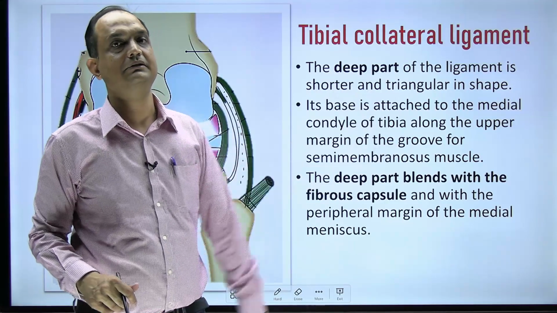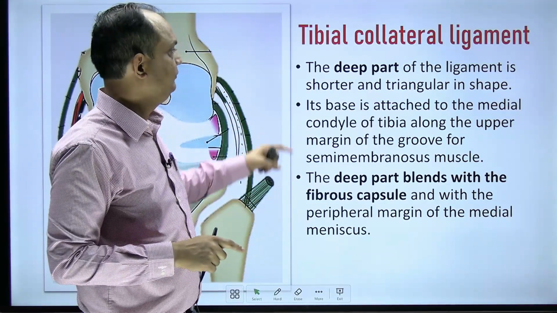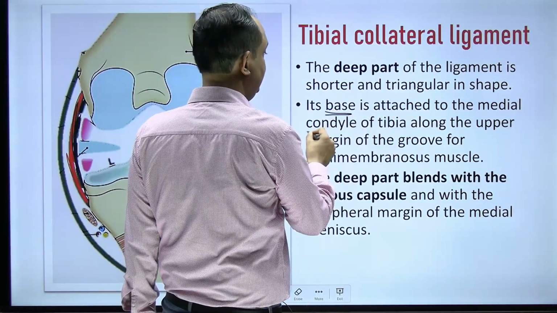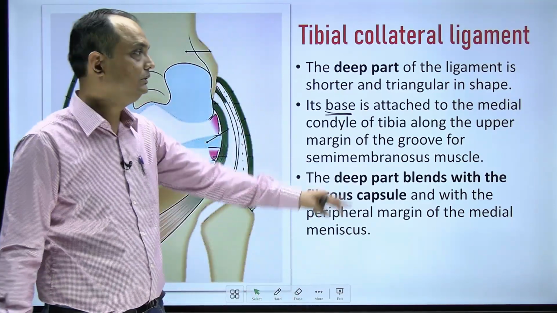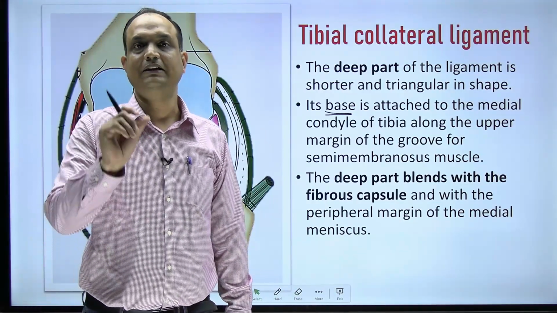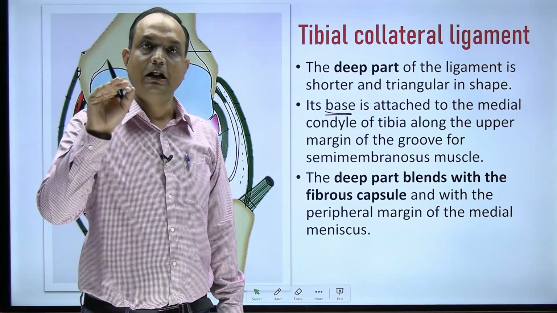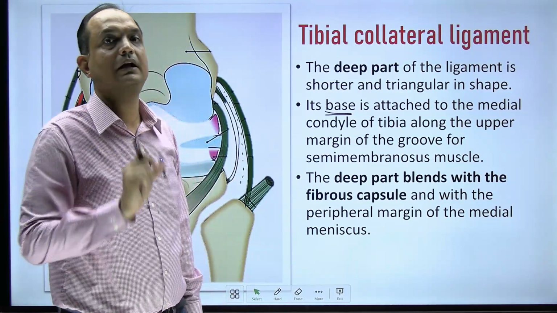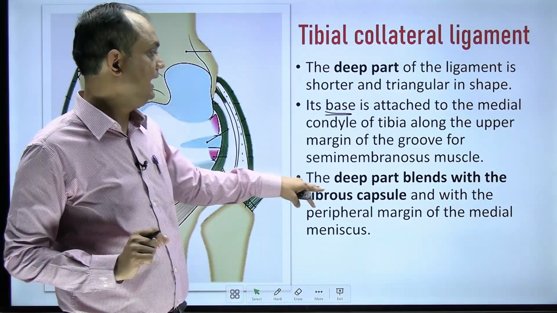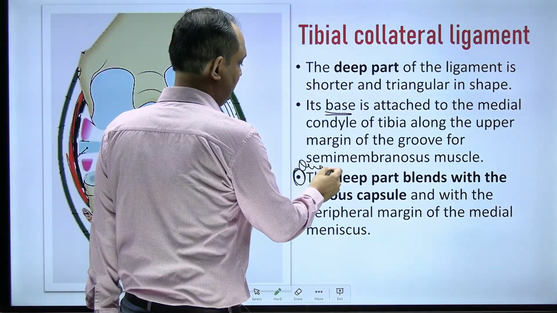Second thing is that the deep part is shorter and triangular, and the base of this triangle is attached to the medial condyle of the tibia along the upper margin of the groove for semimembranosus. You know that semimembranosus inserts in the posteromedial aspect of the tibial condyle, and along that groove you have the attachment of the deep part of the tibial collateral ligament. And this deep part blends with the capsule of the knee joint,